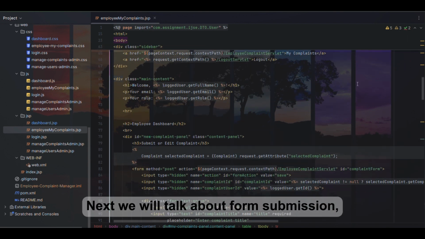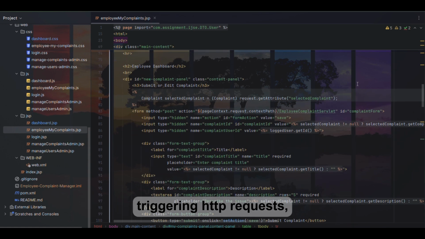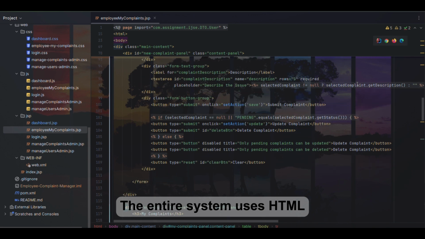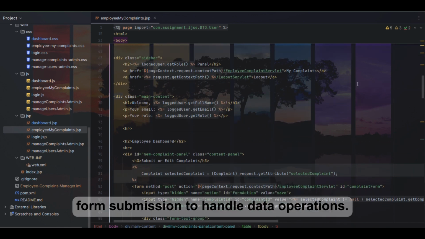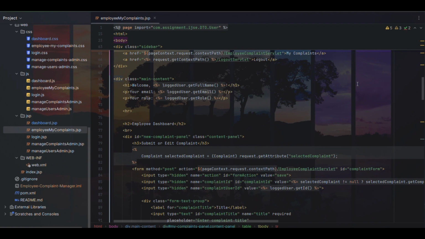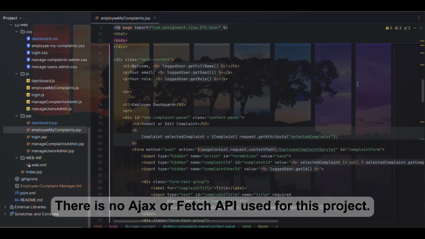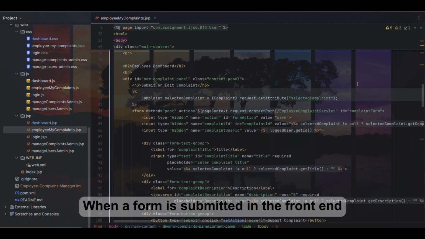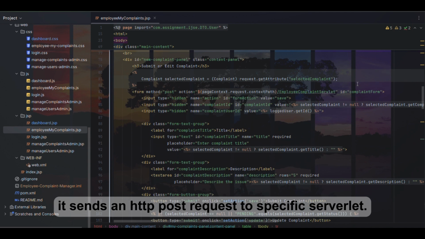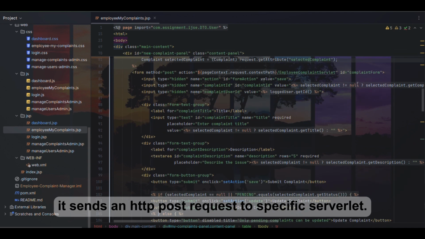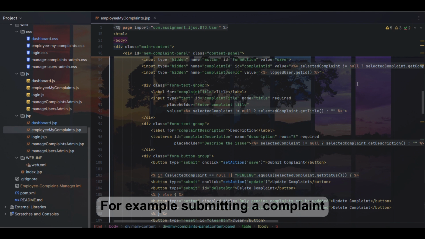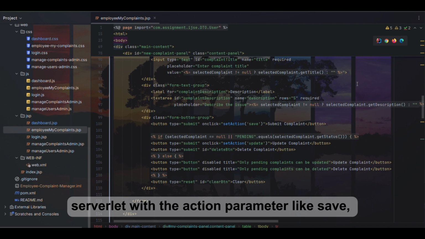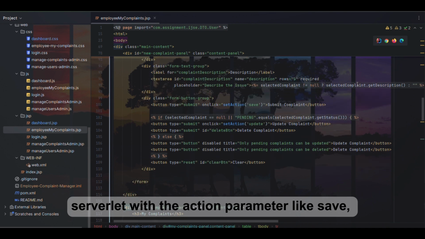Next, we will talk about form submission, triggering HTTP requests. The entire system uses HTML form submission to handle data operations. There is no AJAX or fetch API used for this project. When a form is submitted in the front end, it sends an HTTP POST request to a specific servlet. For example, submitting a complaint sends a request to the employee complaint servlet with the action parameter like save, update or